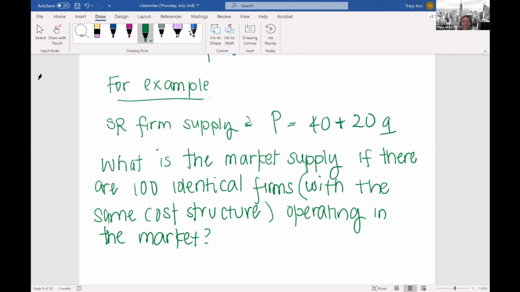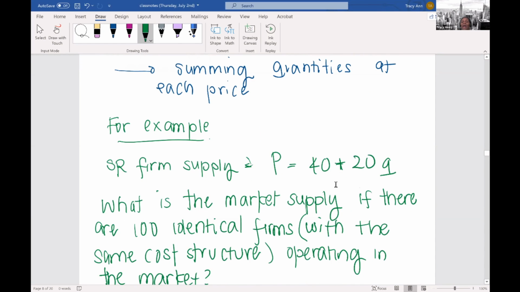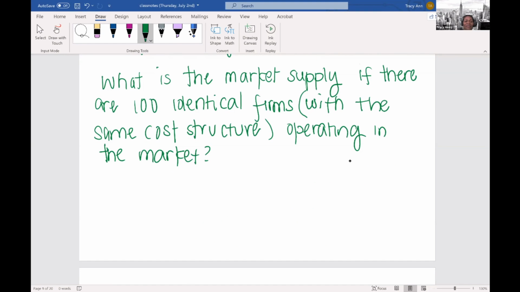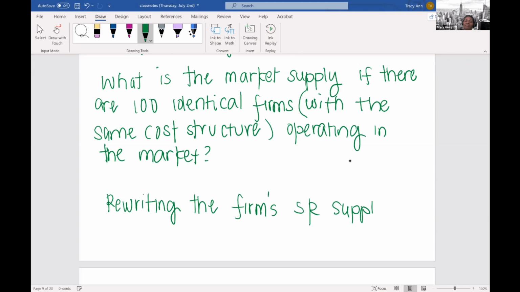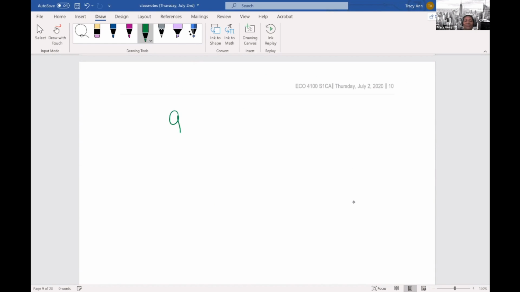So really quickly, if this is a firm's supply, we have 100 firms in this market, and we're trying to find the market supply. So we're summing quantities at each price. I have to rewrite the firm's short-run supply curve in terms of quantity. So that's where I got Q equal to -2 plus P over 20. Since there are 100 firms,